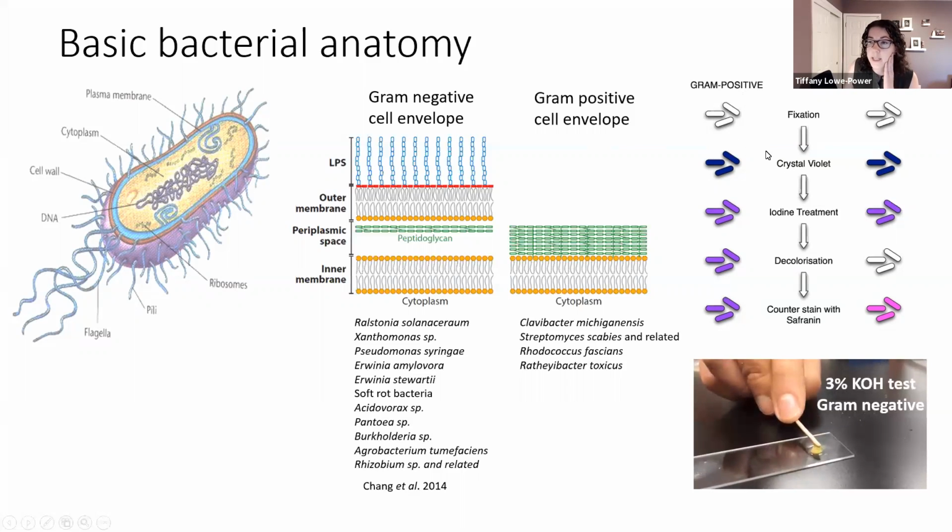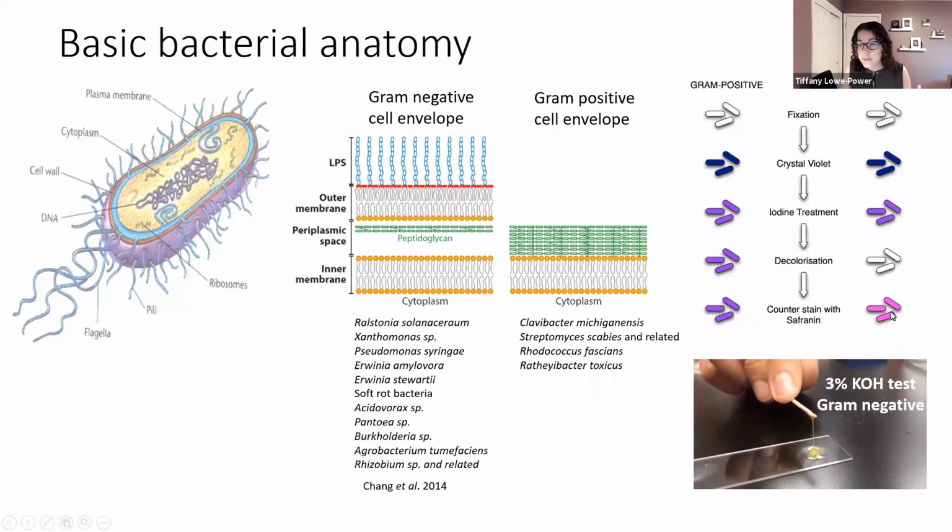Gram-positives, when we stain them, will take up this crystal violet and retain that dye throughout some decolorization steps. And so they'll be purple under the stain, whereas gram-negative bacteria, although they initially will take up that crystal violet, the ethanol in the decolorization step will remove the crystal violet dye from their much thinner peptidoglycan layer. And then we can counterstain them with this pink stain. And so the gram stain can be used to distinguish bacterial cells by their cell envelope as purple or